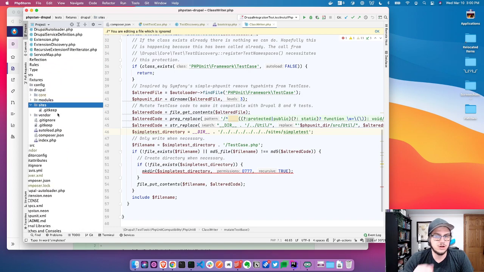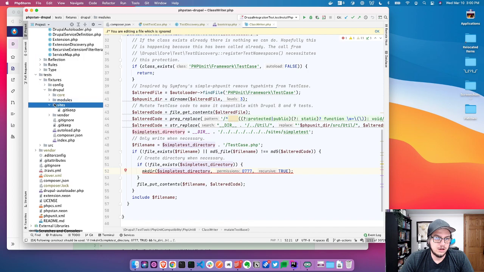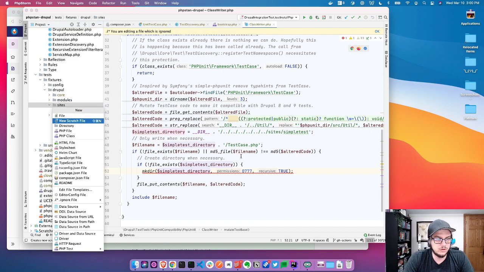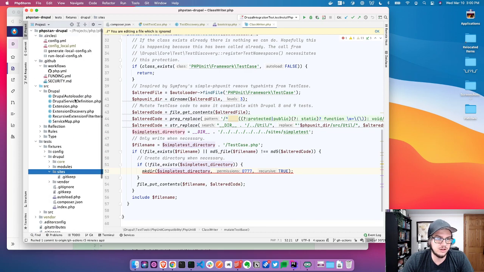Simple test directory, if not, create the directory as needed. So what it looks like needs to happen is inside of,